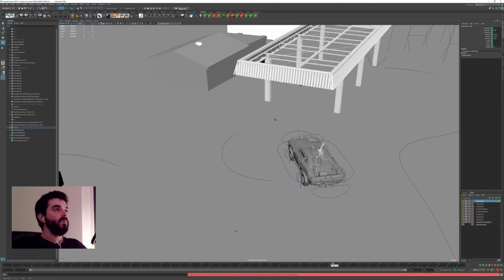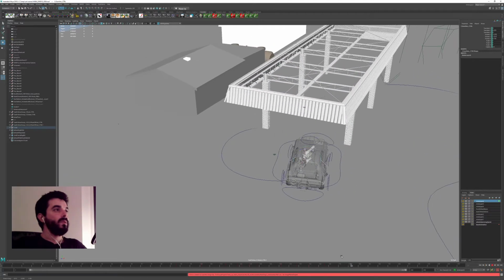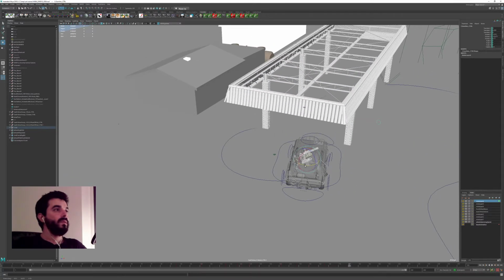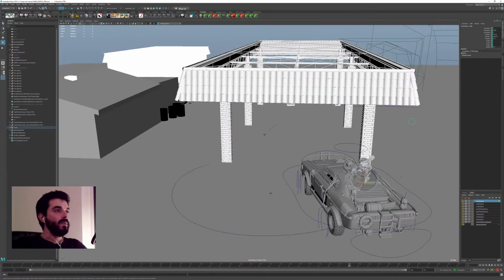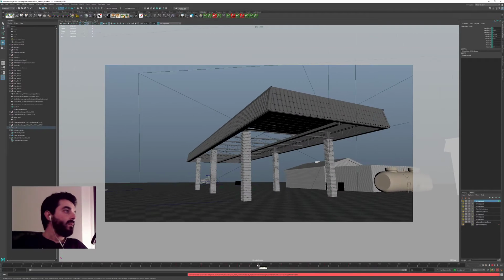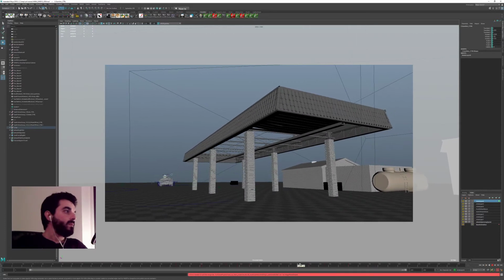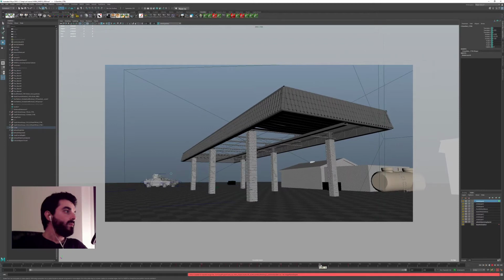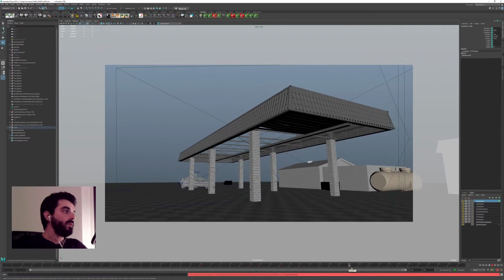There you go. It doesn't matter if there is some intersection in there. We're never going to see it. In fact, we can perhaps even exaggerate the turn there. So the gun is always